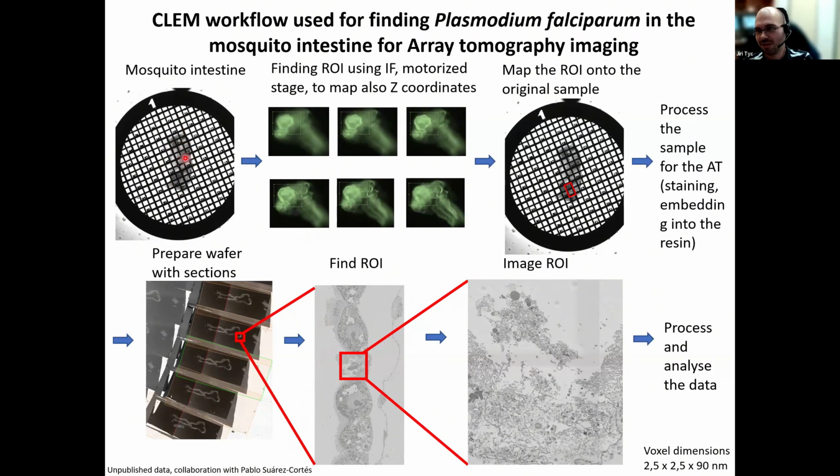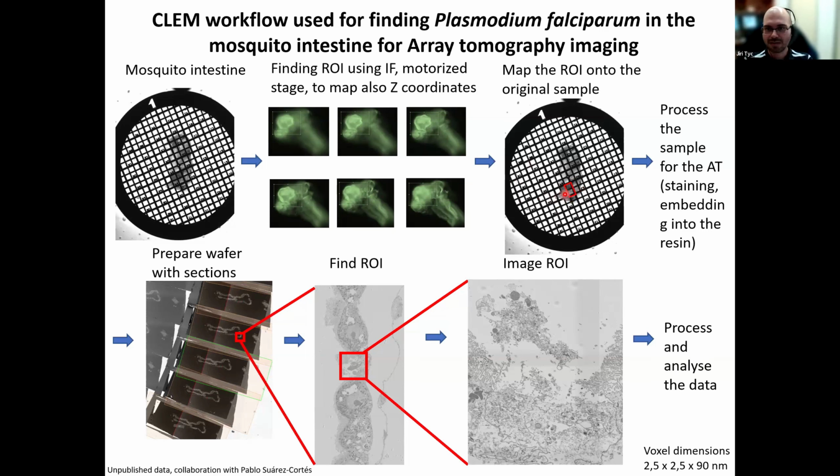So we use the standard TEM grid for the coordination on XY. We use the motorized stage to measure the height in Z. You can actually see the little dots here because the resolution is not enough. But the parasites were located in this place, so we made the pyramid at this place. And we tried the serial block face at the beginning, and we actually managed to image 1 out of 3